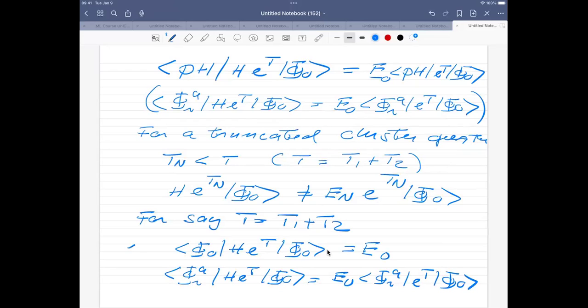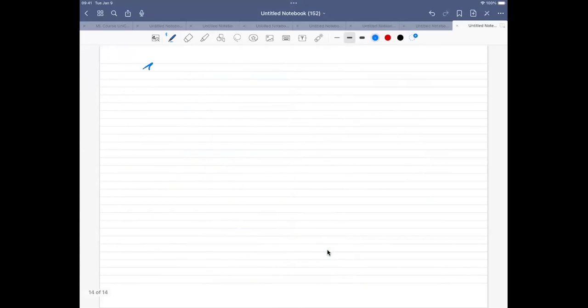And then finally, so this is the first equation, this is the second one, and these are the basic equations which we're going to solve after the break. So, and then we have a third equation, which we then want to satisfy. So we would have a left projection with a two-particle, two-hole state, and we have e^T, and then we're going to have a phi 0, and this is going to be equal to E0